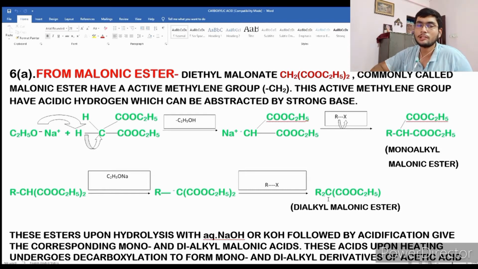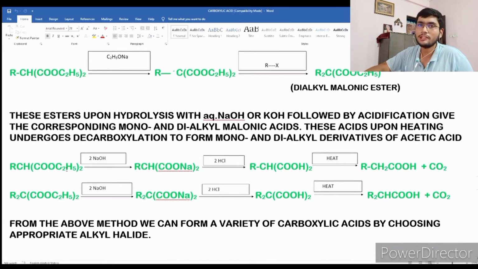when we get the sodium salt of carboxylic acid, we will then treat them with mineral acid. So the sodium salt will get converted into acids. So we will get two carboxylic acids attached to one carbon atom, okay. And then when we heat it strongly, it undergoes decarboxylation and we will get our final carboxylic acid. So let me show you what I am trying to say through the reaction.